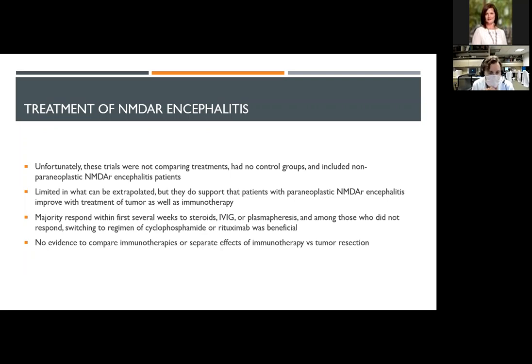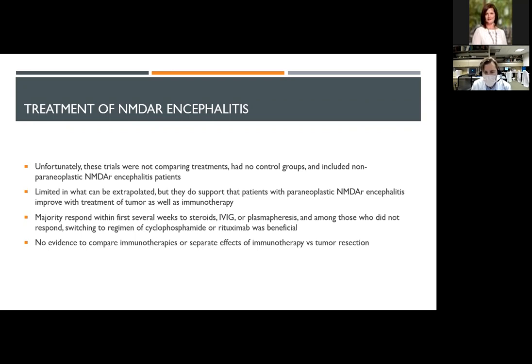So there are multiple lines of effective agents at least, but there really aren't any direct comparisons between any regimens. This is all just based on what they decided to do with the patients, and they seem to have some positive effects. So there's not a lot of specific trial evidence to say you should be treating them one way or the other, although people will generally try to focus their treatment on what they would suspect the pathophysiology would be. If they really think it's antibody mediated, rituximab, which works more on antibody production, would be thought to be a better agent than cyclophosphamide, which may have more effect on T cells.